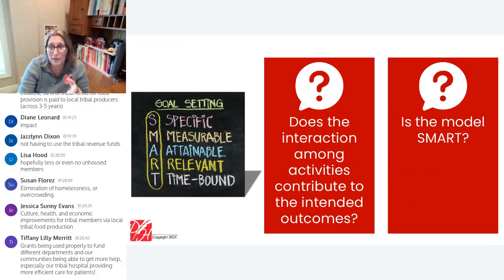Oh, here I just talked about SMART, and there you go. There is the acronym for SMART related to objectives: specific, measurable, attainable, relevant, and time-bound. So the grant makers, in looking at your logic model, might ask, is the logic model itself SMART? Does it feel like this is attainable with the timeline you have and the dollars available? Does this feel relevant to the goal that you have stated for the program? Do we have enough specifics that we can visualize from this logic model what this would look like?